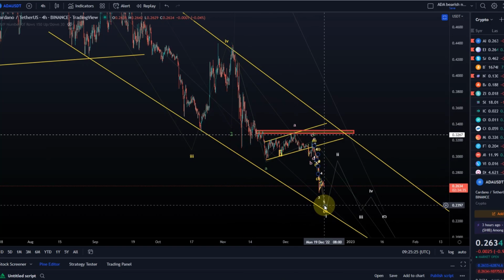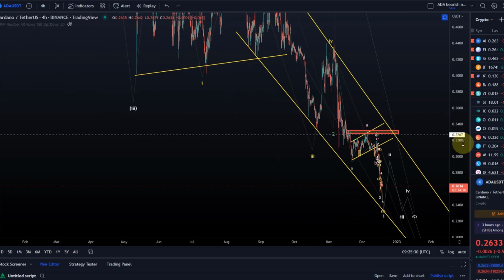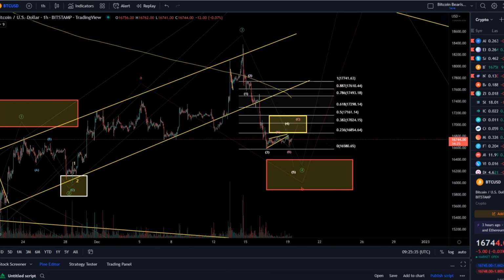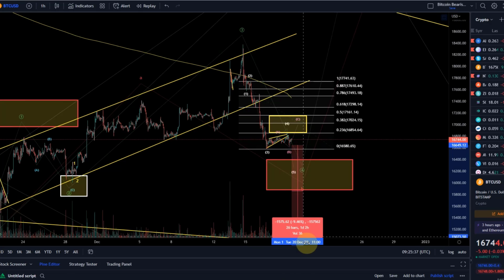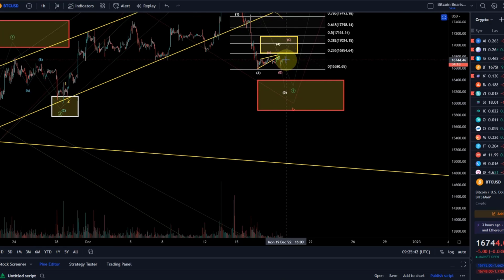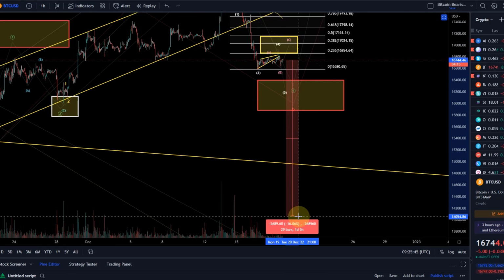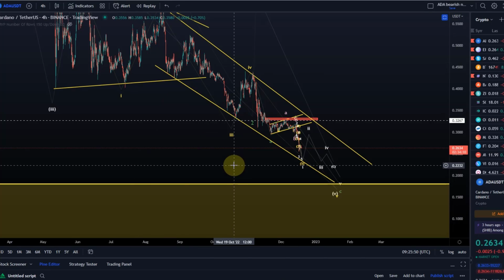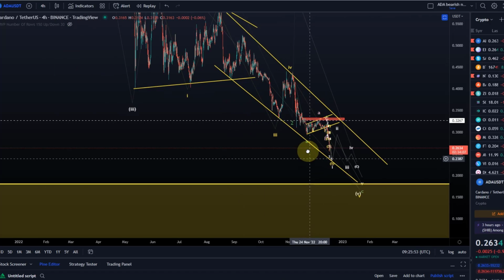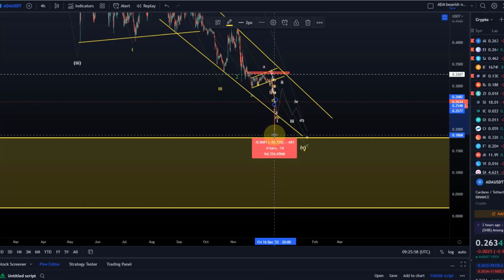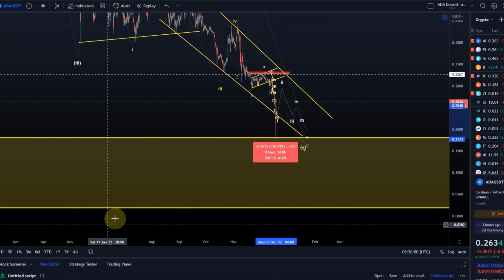Now every low could be the last one in crypto in general. But if we assume that Bitcoin is still going to come down to, let's say, around 14.5K, how much would that be for Bitcoin in percent? Let's say from the current price range we drop down to 14K, that's a 16% drop. Altcoins, and that's not only ADA, but ADA could drop another 20, certainly 20, 25%, maybe even 30%. If Bitcoin drops that much, that would take us down to around 18 cents.